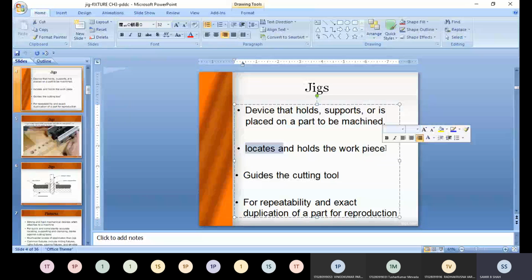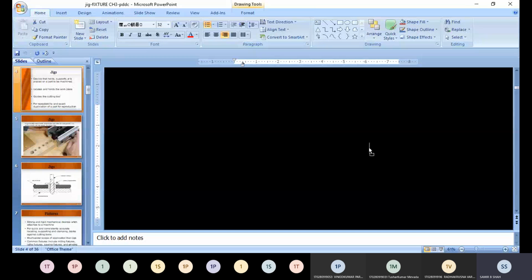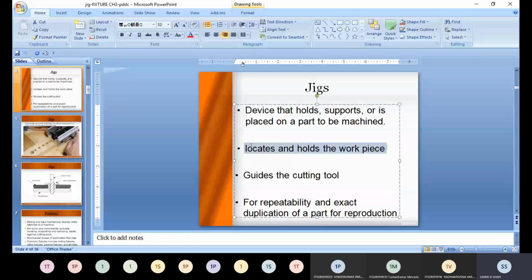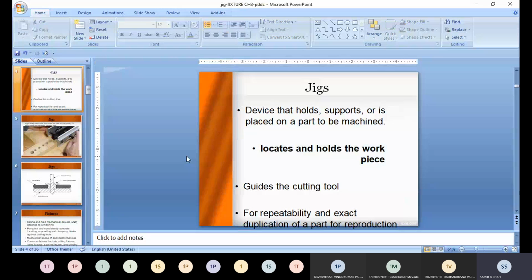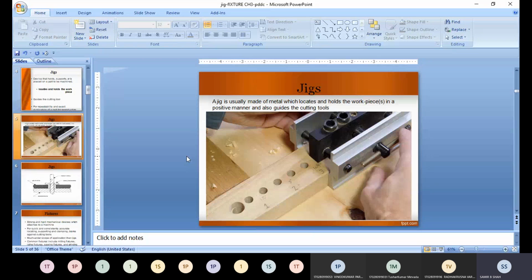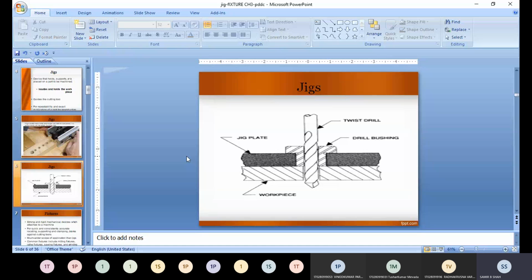Remember two important points from the application point of view: locate and hold the workpiece, and it may guide the cutting tool also. For repeatability and exact duplication of the part for reproduction, we prefer the jig. As we know from the figure, different kinds of jigs are used. This is the workpiece, this is the twist drill, and this is the jig plate.